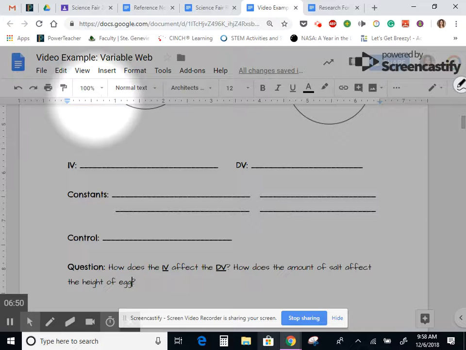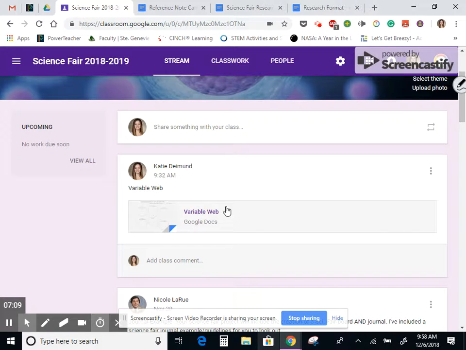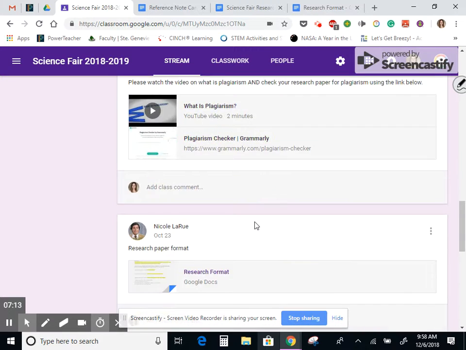So once you move on, it is time for the research portion. This is definitely the most complex part of the science fair project. It's the one that's going to probably take the most time aside from doing the actual experiment. So what you do is you go to the science fair Google Classroom, and the first thing I want you